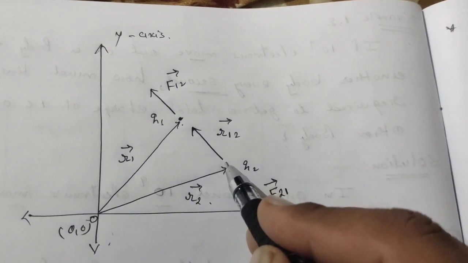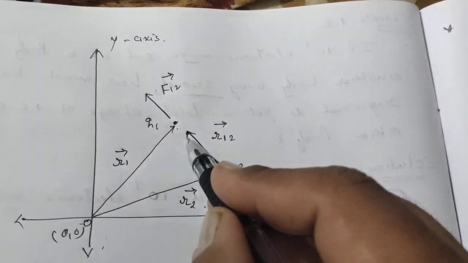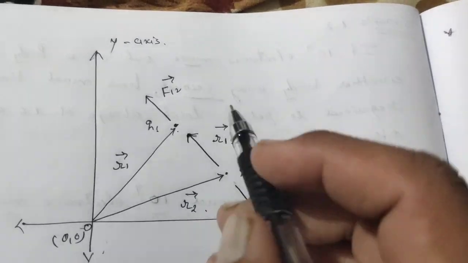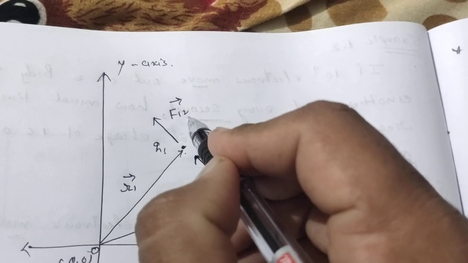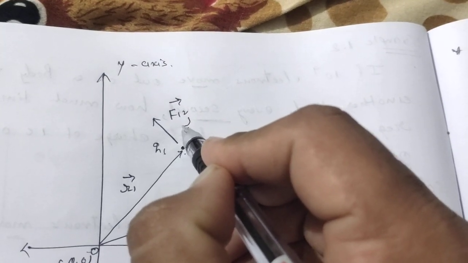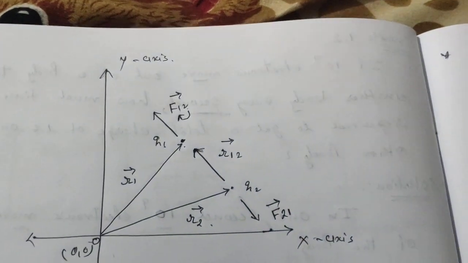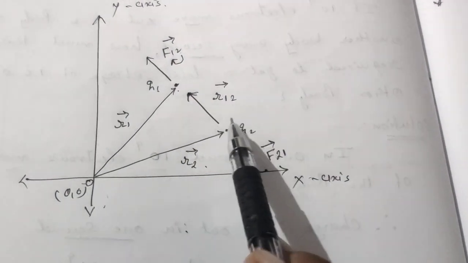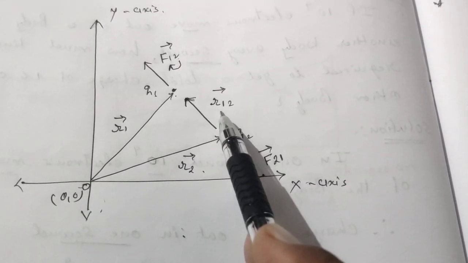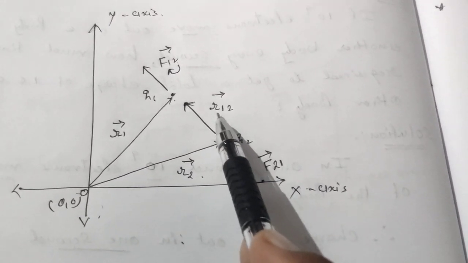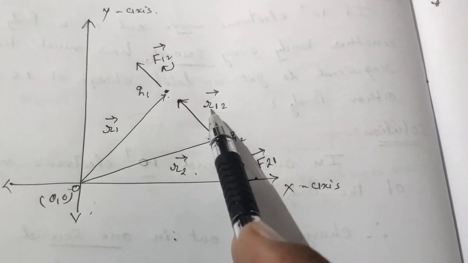So here we have an arrow, showing that the second charge exerts a force on q1. The arrow mentions the direction of force. So over here we write F12, meaning charge q2 exerts a force on q1. As well as we have to find the distance between q2 and q1. By using the triangle law of vector addition, we can easily find this, and here I mention it in terms of vector r12.